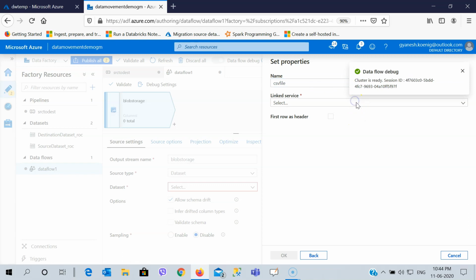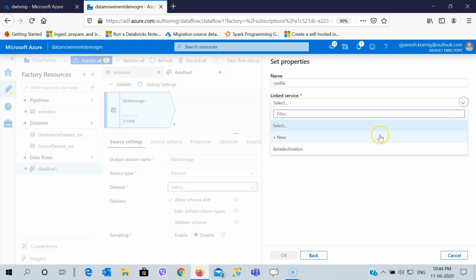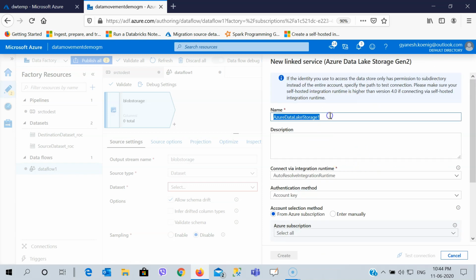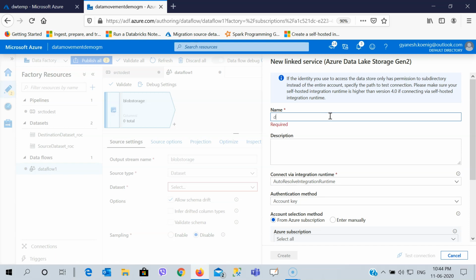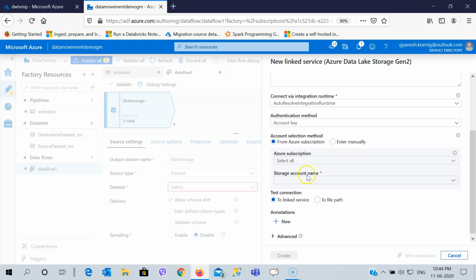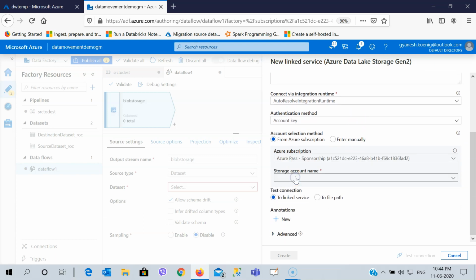Then I'm going to create a linked service by clicking on this linked service. We'll create a new one and then I'm going to name it as in data source DLS. Inside that I will go for my subscription and the storage account name. I just want to test the connection right here as well and see that it is successfully established.